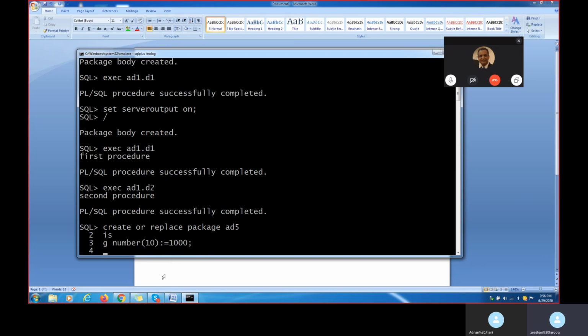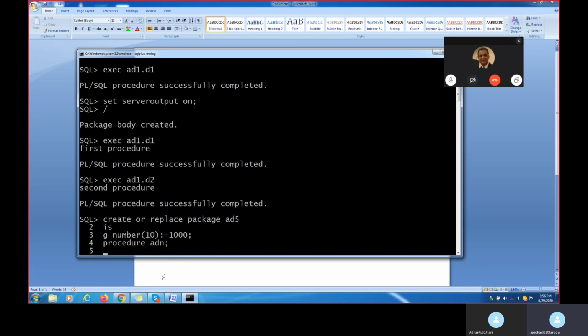Now, let's just start one procedure. For example, procedure, let's take one procedure name. For example, I am putting the procedure name ADN. I have created one procedure called ADN. Okay, here comma. Now function name, okay, function. I am putting one function name, for example, F3. Any function name we can give. And in that one I am just passing one number.